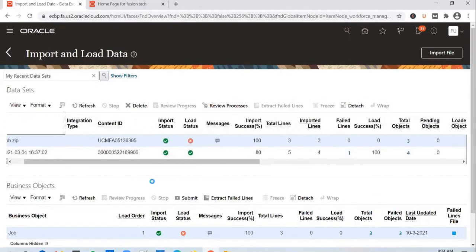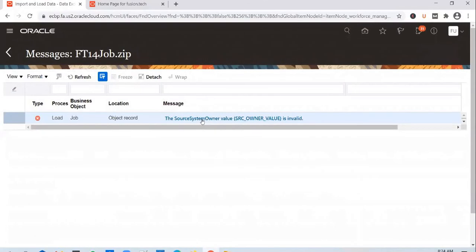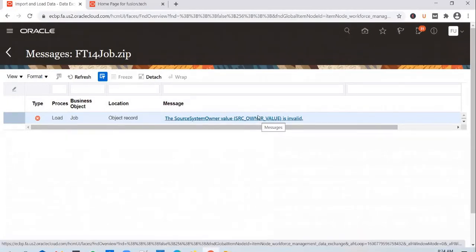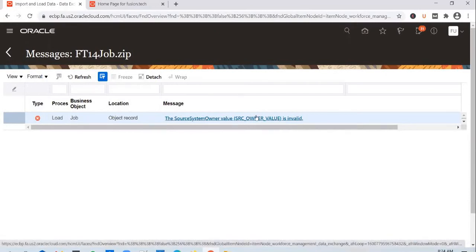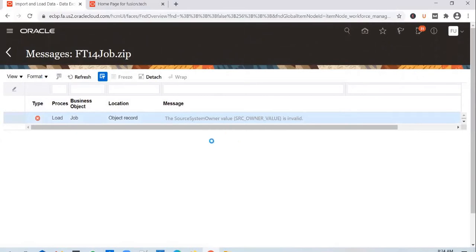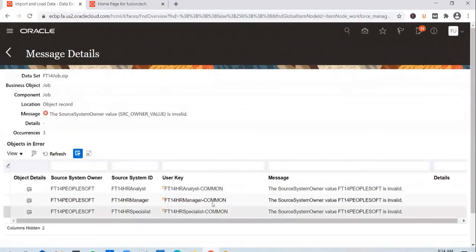And look at the errors, click on the messages. You can see that a source system value is invalid, but it just prints out some template variable here, right? You don't know what value it is talking about. So if you want to get the details about the actual value, you click on the message, and it will show the records which have that problem.